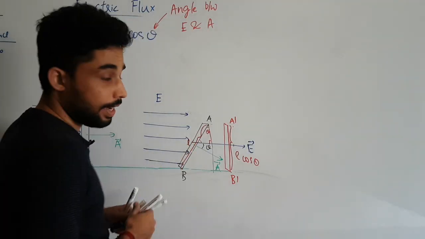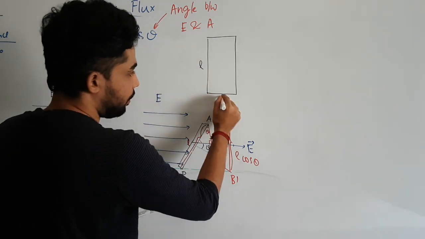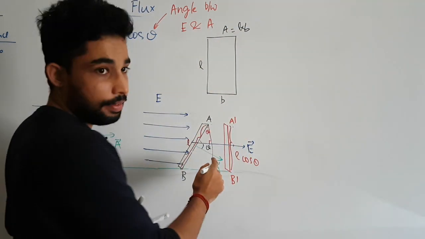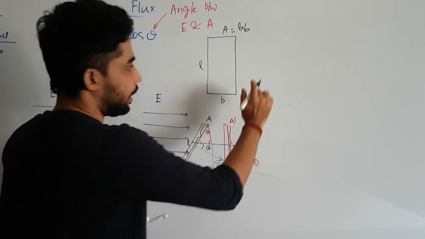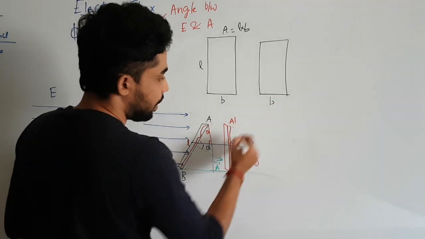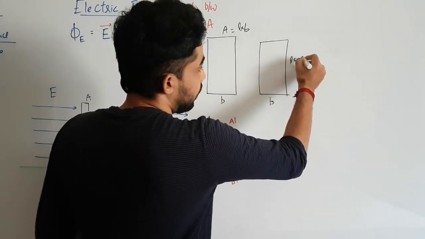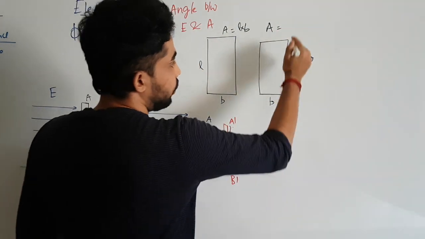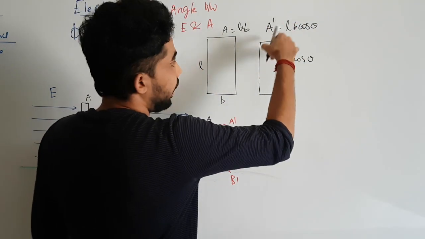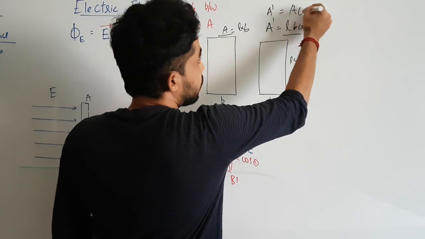So if I draw out this area, it is going to be like this. And as you can see, this is L and let this be breadth B. So the area here you will get as L into B. But if I consider this area, that is the effective area, the breadth will remain the same, but the length is decreased. This was L, now it is only L cos theta. So the area here will again be length into breadth because it's a rectangle. So this will be LB cos theta, which means the new or effective area becomes the initial area, L into B, times cos theta.